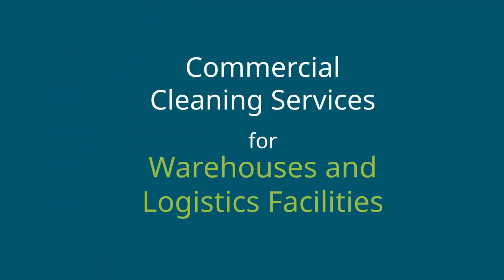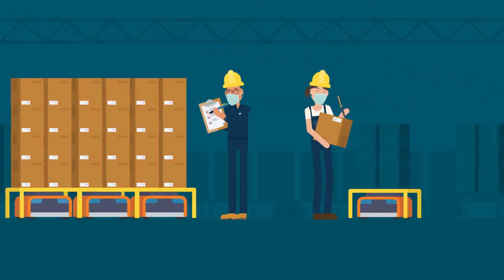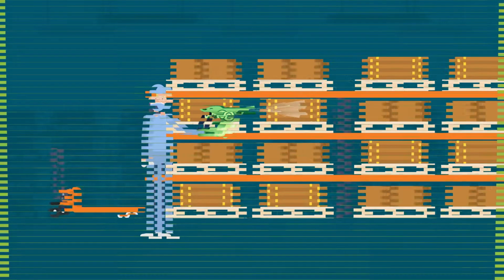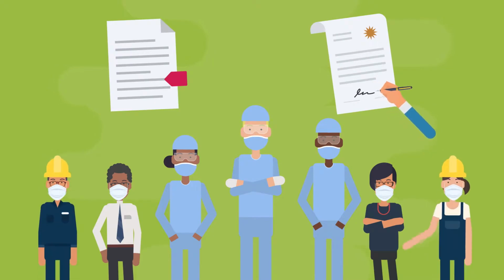Commercial cleaning services for warehouses and logistics facilities. Your facility is too important to trust to just anyone. OpenWorks' elite network of service providers are trained in every aspect of cleaning warehouses and logistics facilities, including best practices, and state and industry-related regulatory and